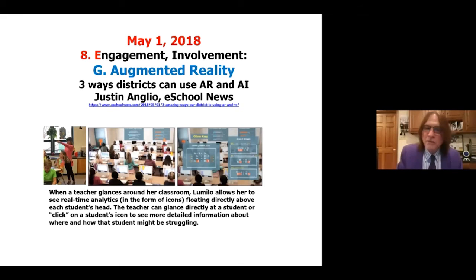Number 8 also gets at augmented reality. A really cool tool that I saw last year was where a teacher puts the glasses on. I didn't bring my augmented reality glasses, but I brought some other ones with me. So you put these augmented reality glasses on and you look over the top of the students' heads. As you look over the top of their heads, you see what problems they got right, what problems they got wrong, so you can go talk to the students and help the ones who are having problems. These augmented reality glasses let you directly support your students. So this is coming. This is a new way to teach, okay?